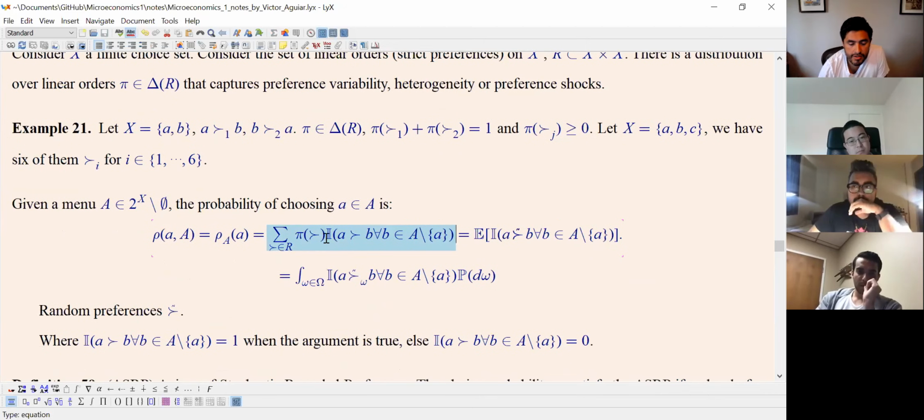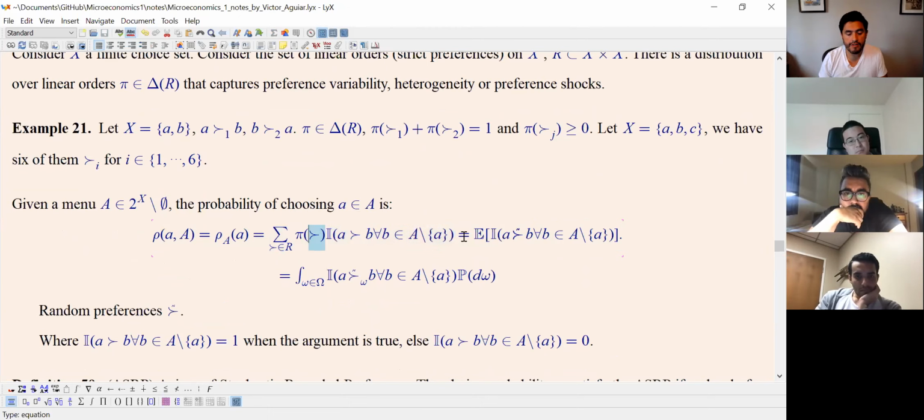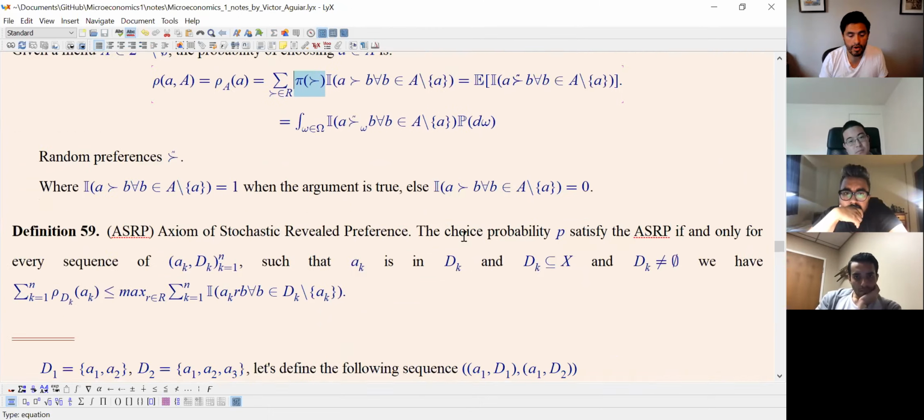So what is the matrix? This is an entry of the matrix, and this is just the vector multiplying the matrix. So now I index it